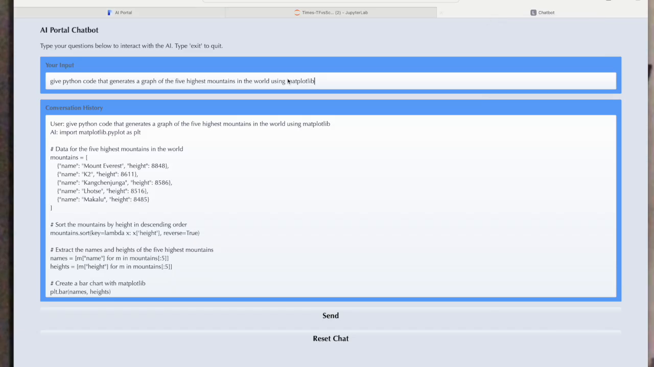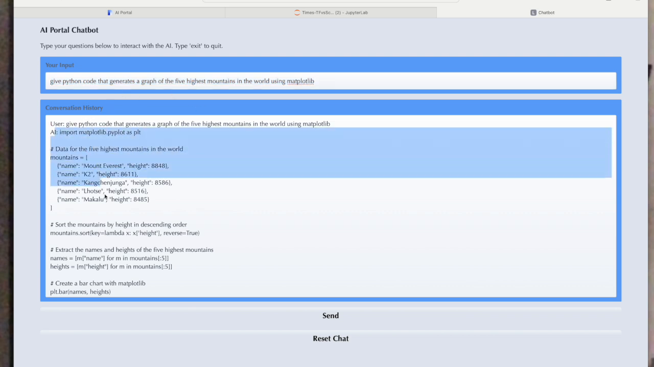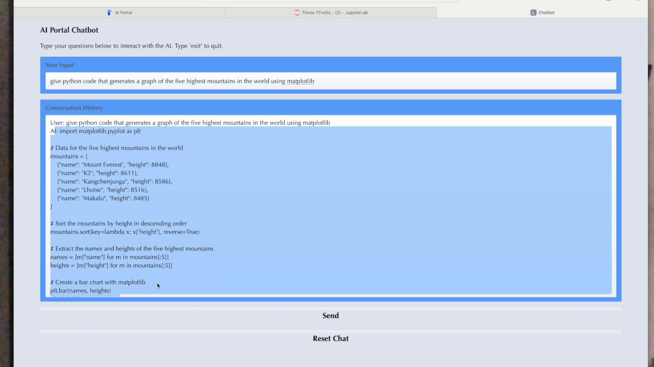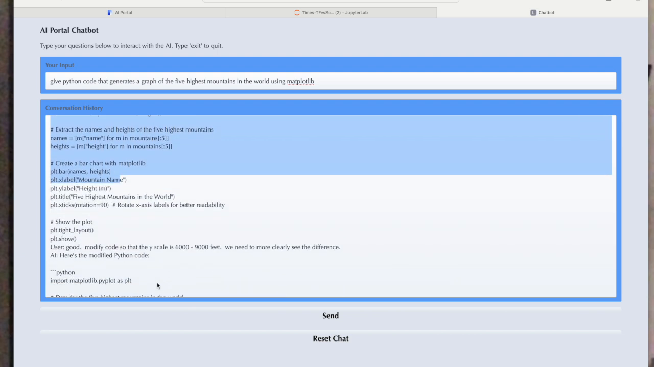Let's take a look over here at our chatbot, and we ask it to give us the Python code that generates a graph of the 5 highest mountains in the world using Matplotlib. Now, as an experienced Python programmer, if my boss came to me with that, I would say it'd take an hour, maybe 2 hours to put that together and make it look nice. In 30 seconds, I can generate code to plot this out